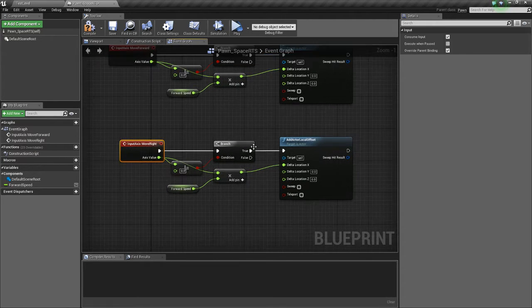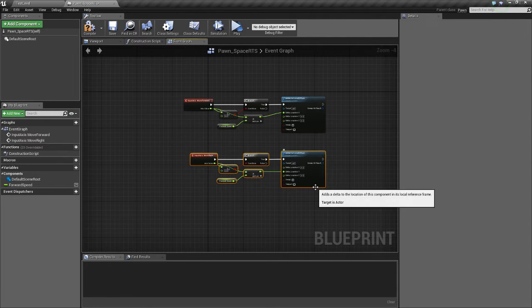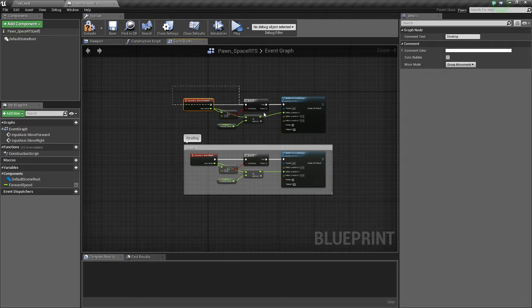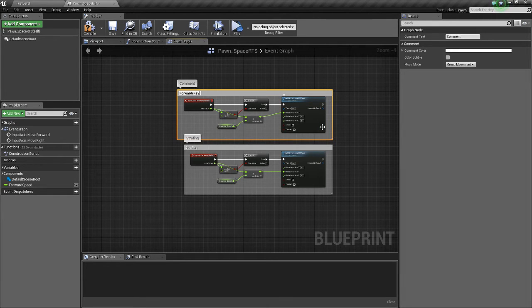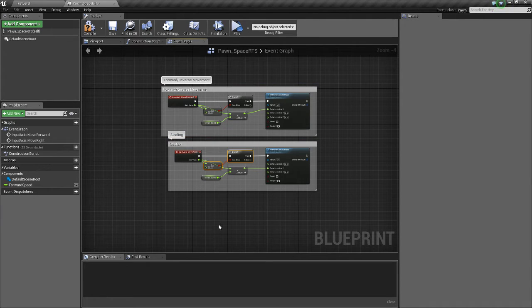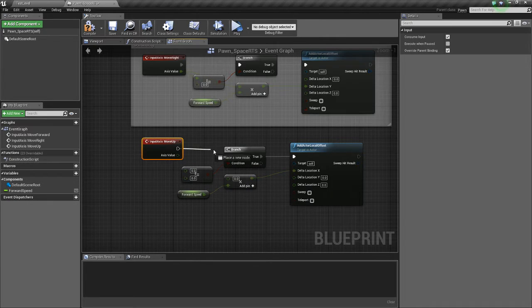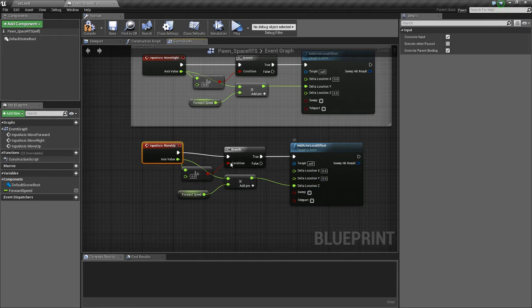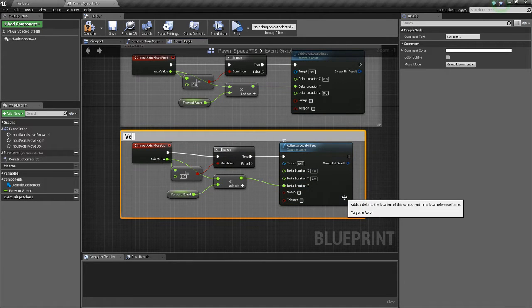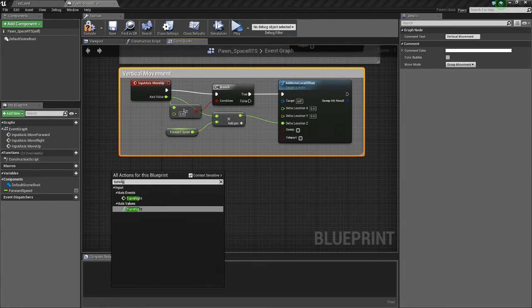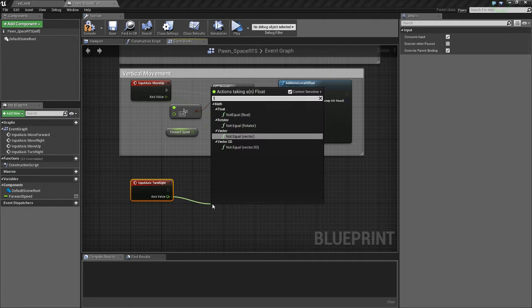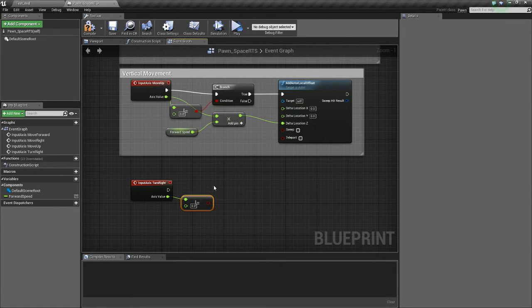We'll just connect these pins, and we'll hold control and drag this to the delta location Y. So we'll call this strafing, forward reverse movement, and we're going to paste again, and we're going to get move up, connect these, and we'll drag this down to Z, comment this, vertical movement, and then finally turn right, get this, it's not equal to 0, so if the player is turning right,